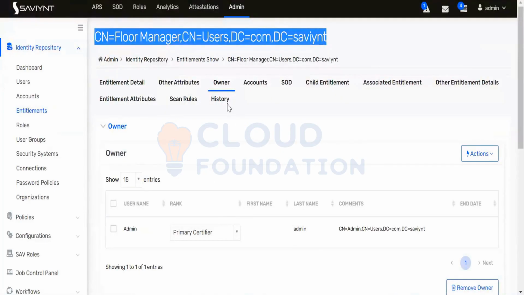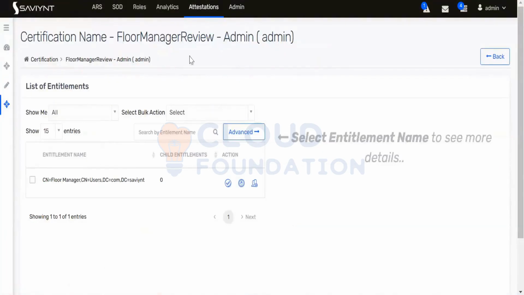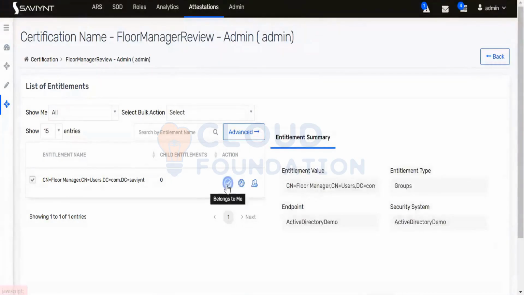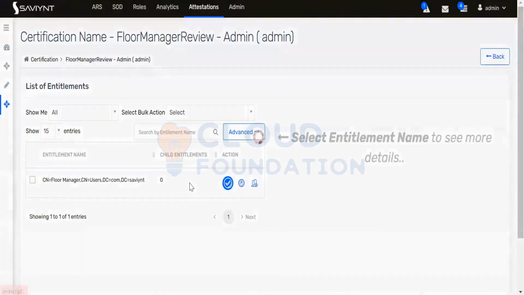Let's say if admin is part of another entitlement also, at that time you will see two certification items. One is for this Flow Manager and it will be for another user. Now after opening this, I will be clicking on this: yes, this entitlement belongs to me. I'll be marking it. Once you do that,